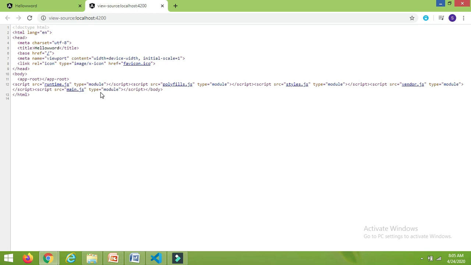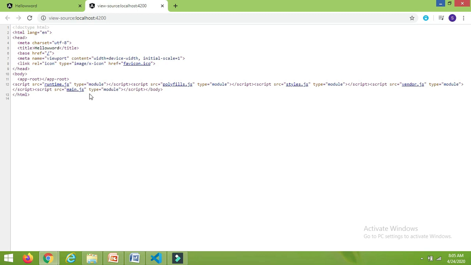This script tag is added by Angular CLI when we start our server by using ng serve. At the time of loading the index page, Angular CLI bundles this JavaScript file and adds it to our index.html file. Whatever TypeScript files we have in our application are compiled into JavaScript code, and this JavaScript code is added as a script at the end of the index.html file.